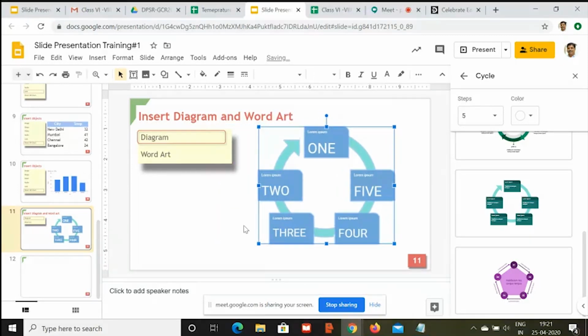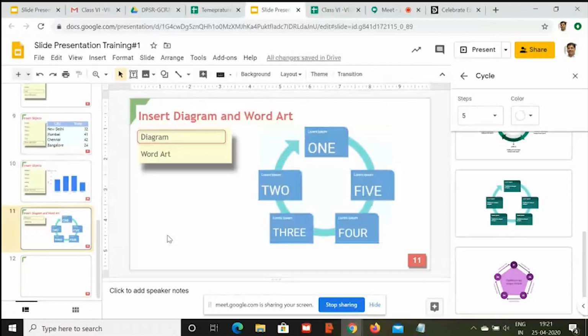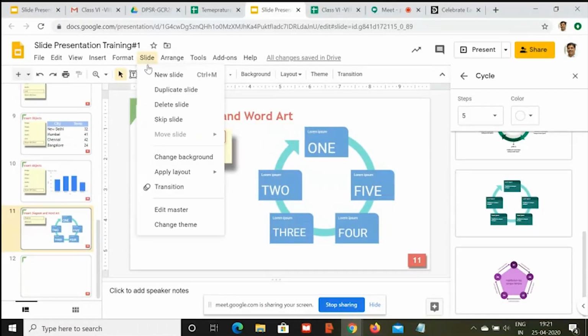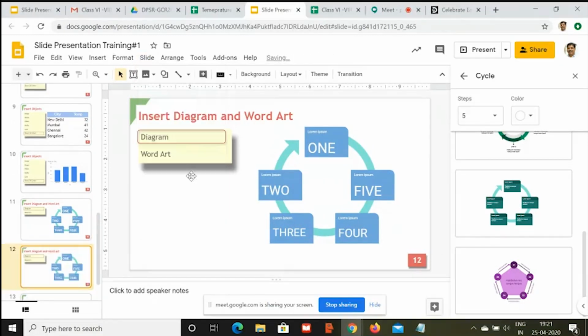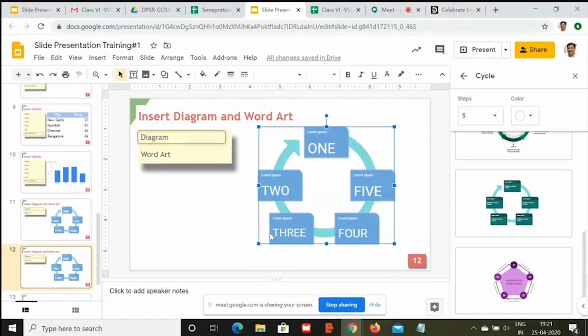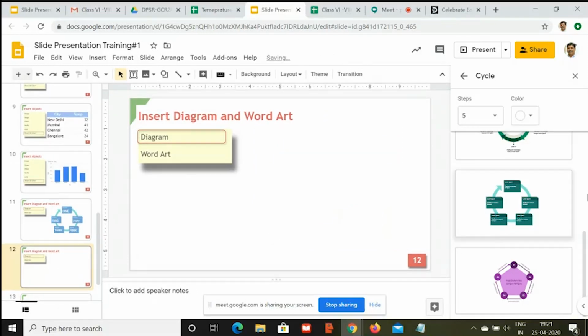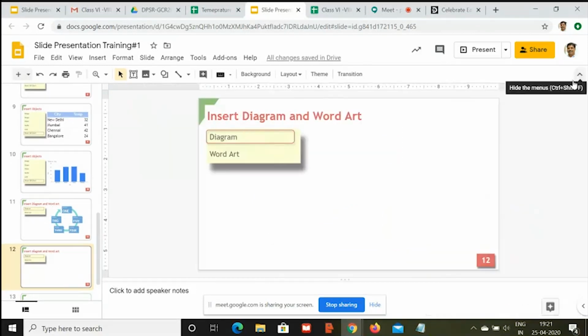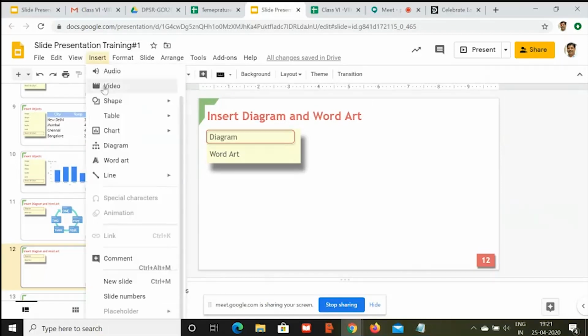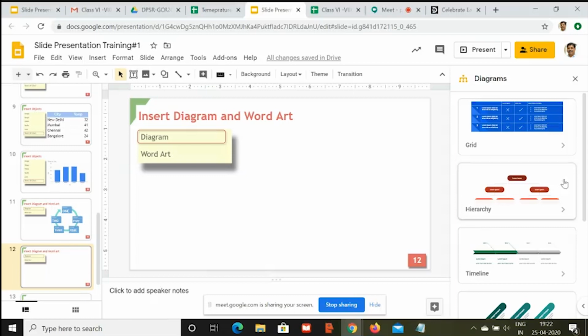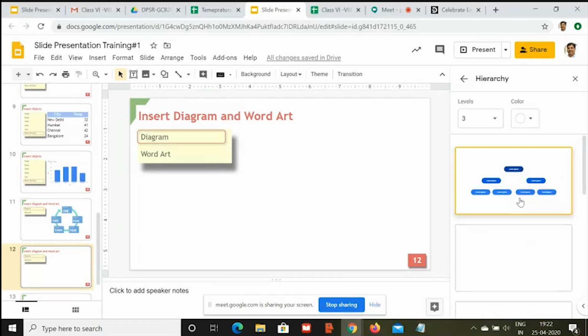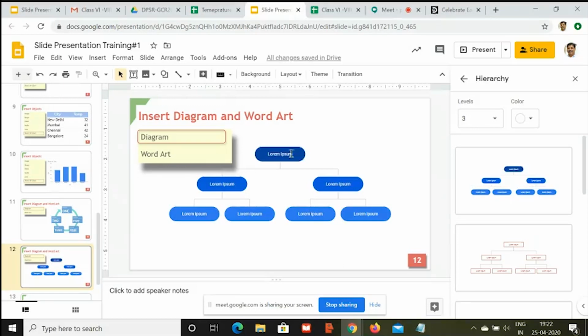I'll just show you one more interesting one. These are very common things which we keep on using in our content. So let's pick one more shape. Let me first delete this shape and pick up something else. So insert, go to diagram, and this time let's pick up something like this, and then change.